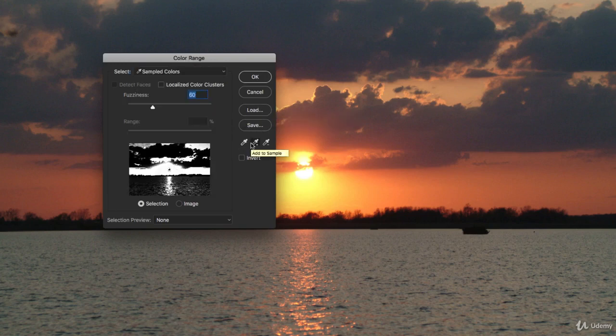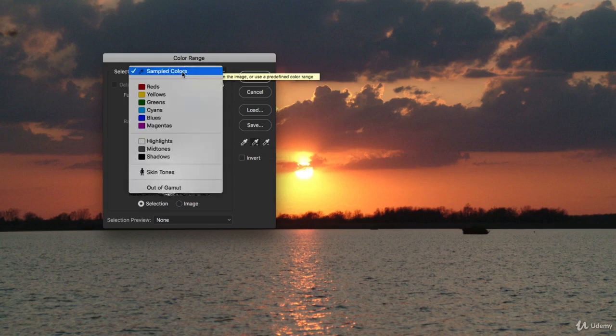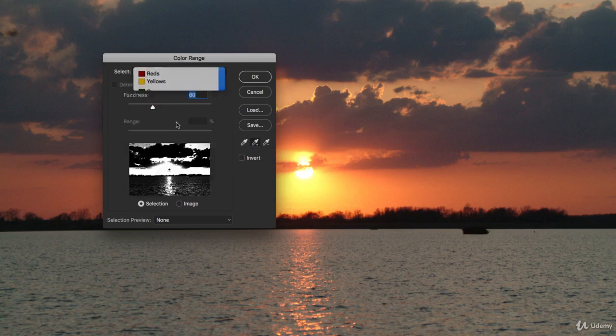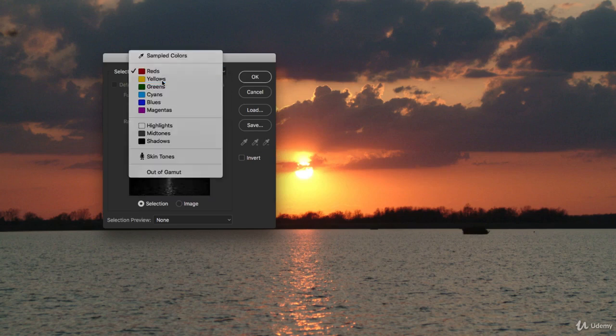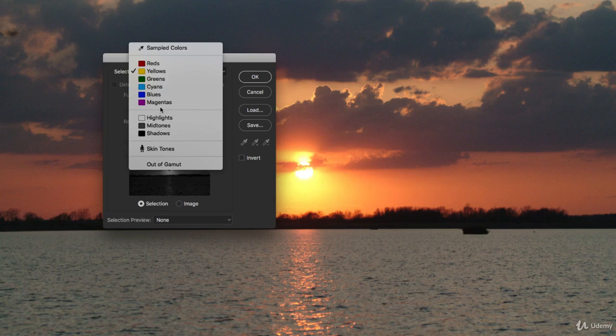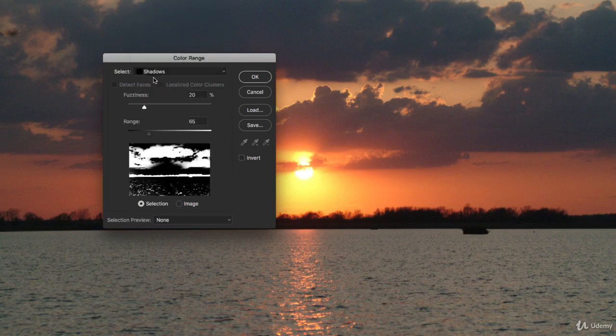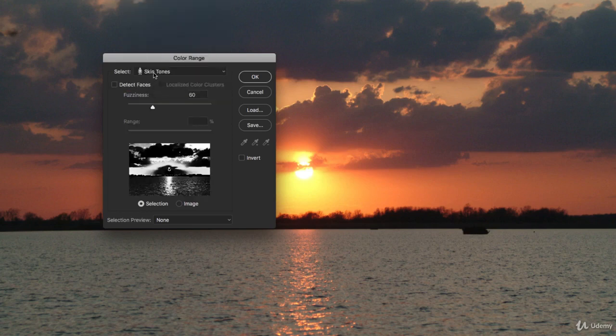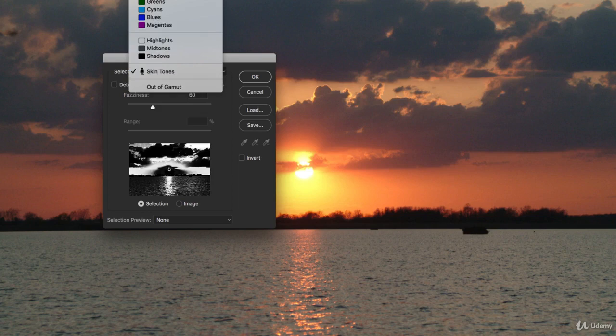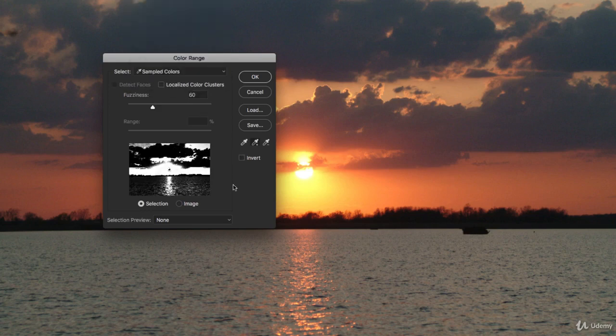Now, if you don't want to make your selections with the eyedropper tools, you can click on the select menu drop down right here, and then you can select by different colors, red, yellow, any other colors. Or if you want to select everything in the highlights, you can do that, the midtones or the shadows or skin tones. You have your different options here as well versus sampled colors. I prefer to use the sampled colors, so that's what we're just going to do for now. I'm going to bring this back down just a little bit. All right, so once we click OK,